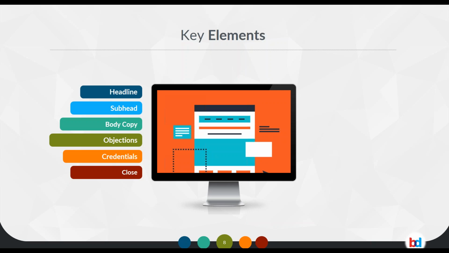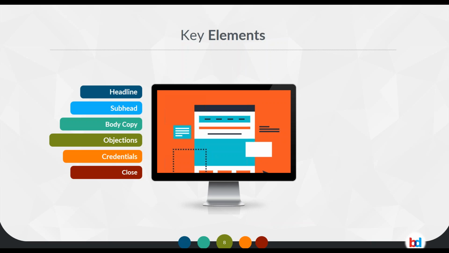And I'll actually show you ones that do that. They're somewhat non-conventional, but these are the elements. Your landing page must have these elements. And so if you look at templates for landing pages by pretty much anyone, they're going to always have headline, body copy, and close at the minimum. And the new ones all tend to have all 6 elements. Let me show you how this works across different industries.